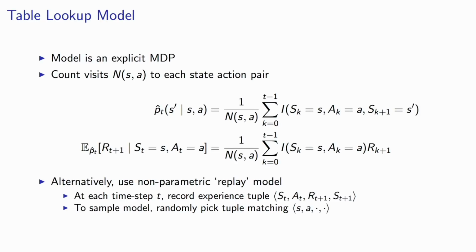And one thing that you can then very easily do is to estimate these transition probabilities and these rewards by just tallying the actual transitions that you've made. So in this case, there's an indicator function here, which means that this is 1 whenever the arguments are all true, and it's 0 otherwise. So the first equation here basically says, for each time you've been in this specific state and action, you're going to add all the times you were in the next state, S prime on the left, which is bound on the right, and you're going to divide that by the number of times you were in this state and